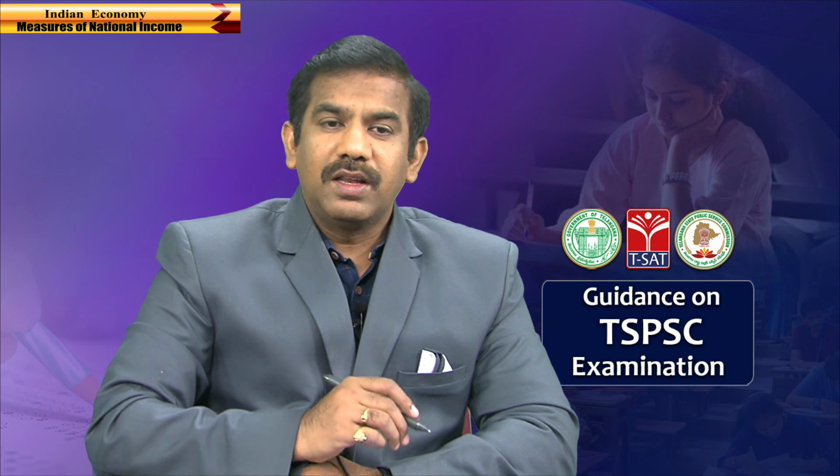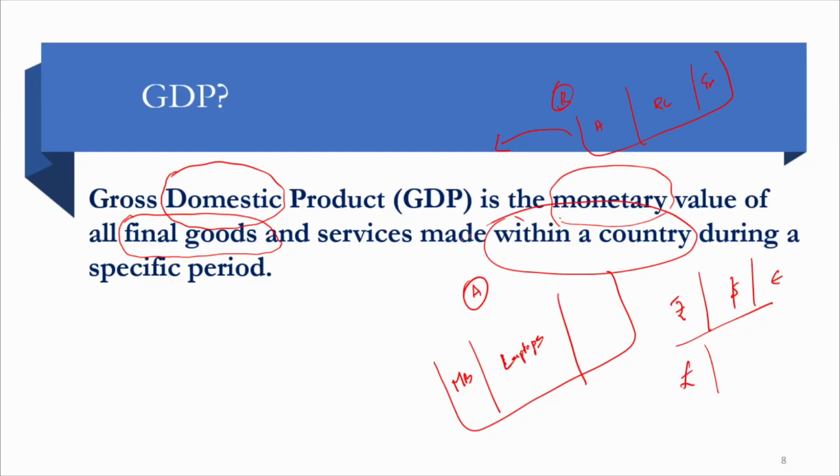Because a final good is the only good that is meant for final consumption, but intermediate goods undergo further economic activity, and there it results in multiple counting, maybe double counting, and henceforth when it comes to GDP, we only represent the value of all final goods and services produced within a country, and this is utmost important. So there are two things that you might be noticing.